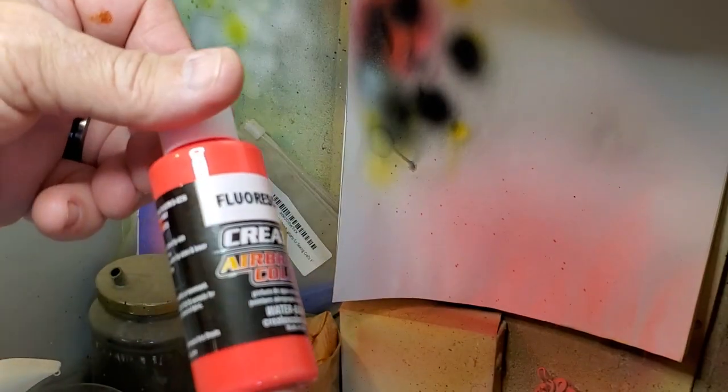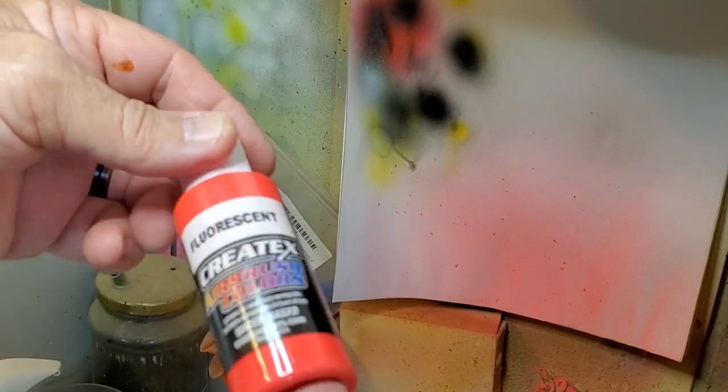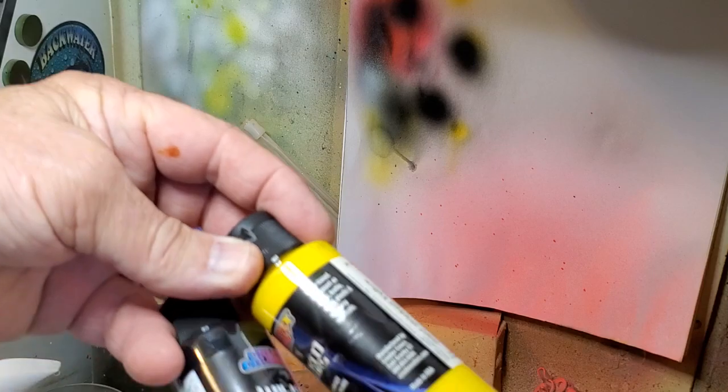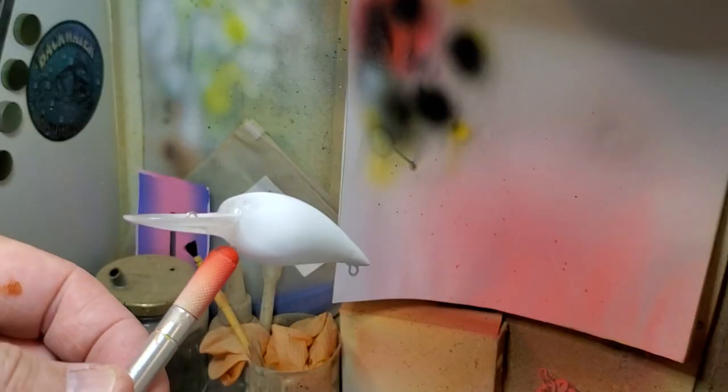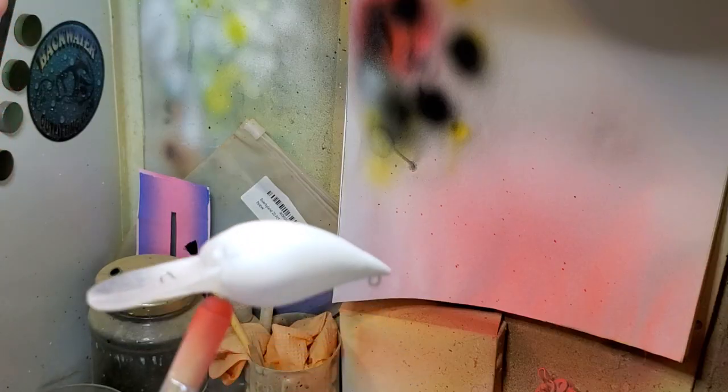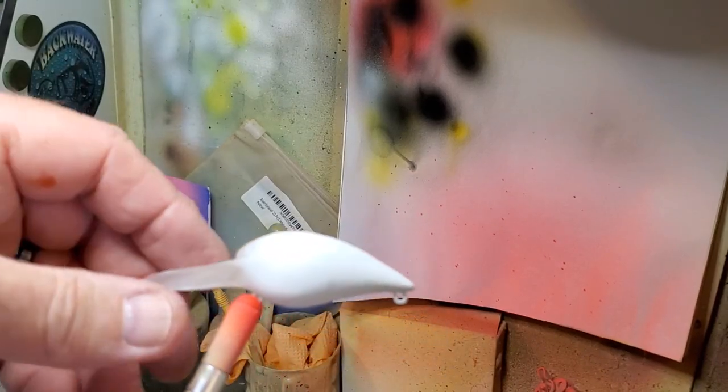The belly is fluorescent red, just straight fluorescent red. And then for the eyeballs, we do the yellow and the black. Now this is done a little bit differently. Normally when you do a belly on a crankbait, you do the belly first, then you start layering everything else on top. But if you really look at the old Storms, especially like the brown crawl,